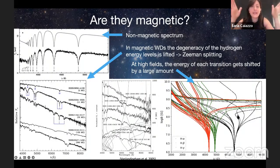Until at a certain point, the hydrogen atom is not spherical anymore, so you cannot use spherical harmonics. It's becoming more and more cylindrical, and you have to start using variational techniques to study the transitions. But what happens is that the energy shifts very quickly with magnetic fields, and since you're not looking at one strength of the magnetic field, but you're summing over the entire surface of the white dwarf, where you expect